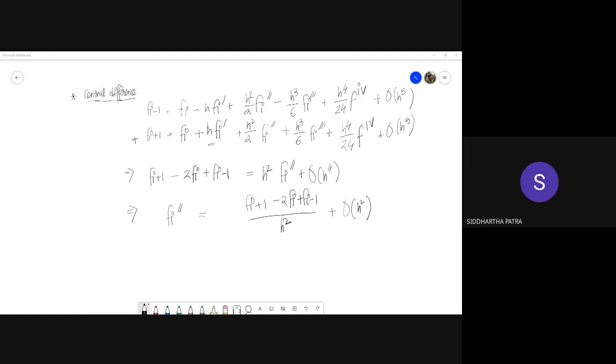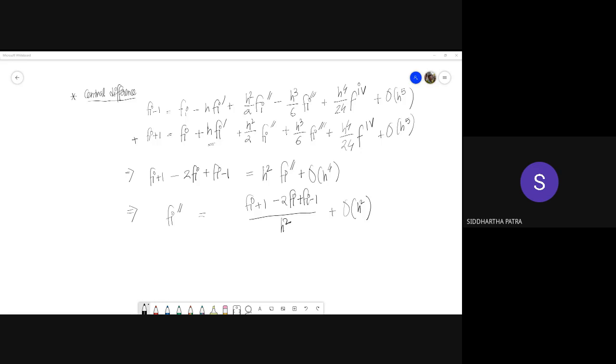So you would be giving the user a choice whether he or she wants it in forward difference, backward difference, or central difference. How would you give that? For example, if the user enters 1, then it is forward difference. User enters 2, it is backward difference. User enters 0, it is central difference.